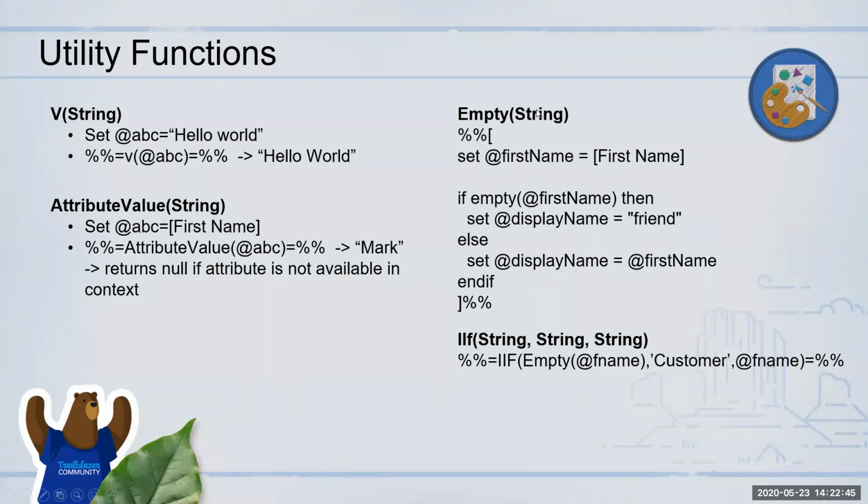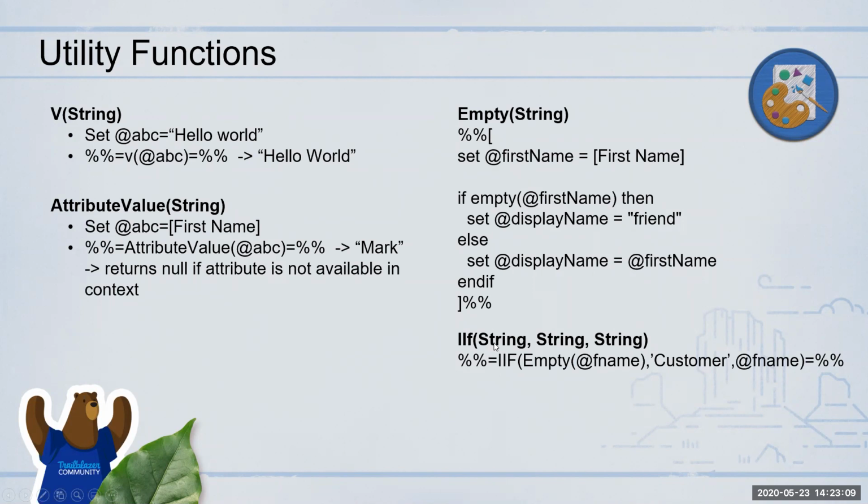Okay, sorry. So if I use empty, this is if I want to check whether a particular field or a variable is empty, with no value in it. Then I can display a different value. If not, I can go ahead and display the same variable that has a value in it. So this is using the function empty. If I want to check if it's being returned with no value in it, I can use that for a conditional as well.